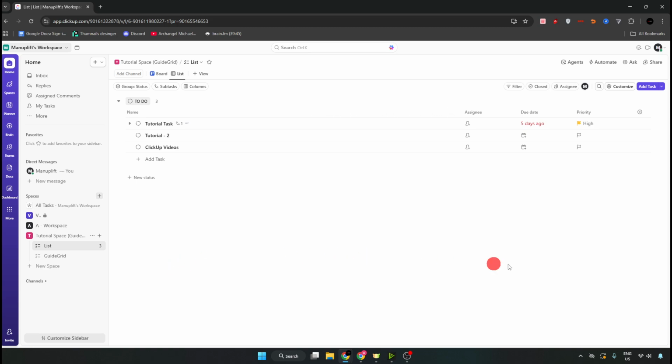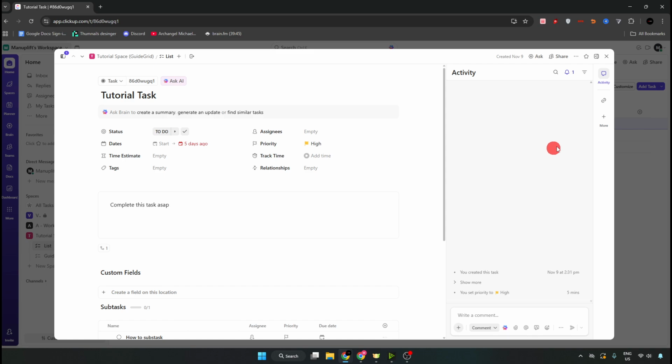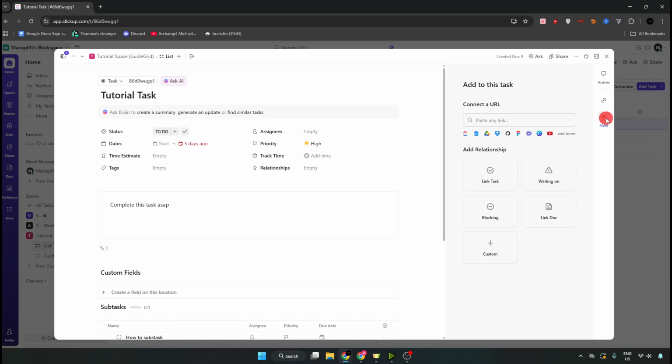So first of all, just open your ClickUp account and go to the task where you want to link something. I'm going with this one. Just click on it and here you will find this plus icon on the right side. Under this you can see more is written. So just click on it, on more, and as you can see you can link task,